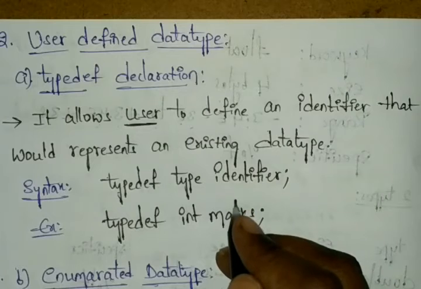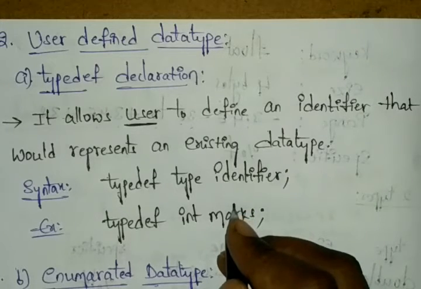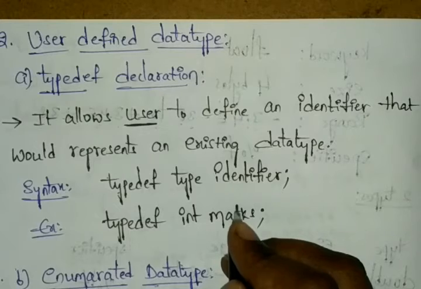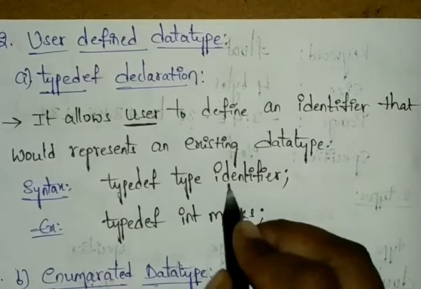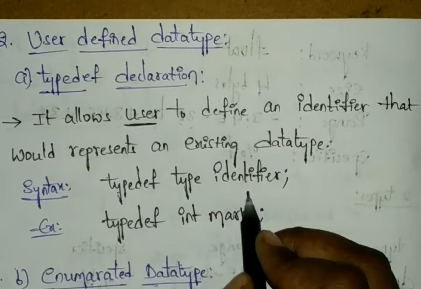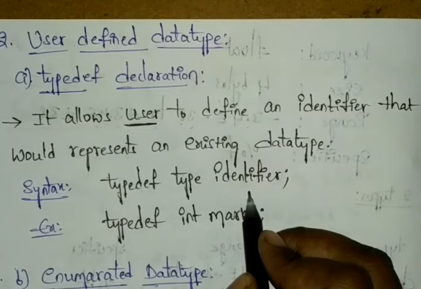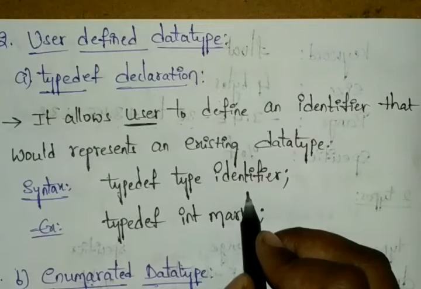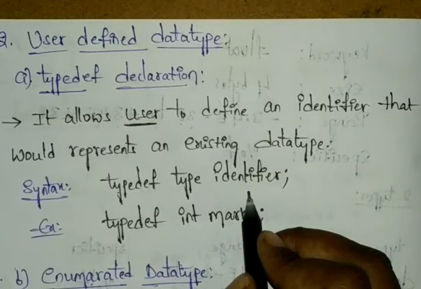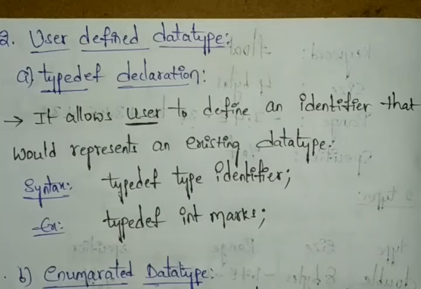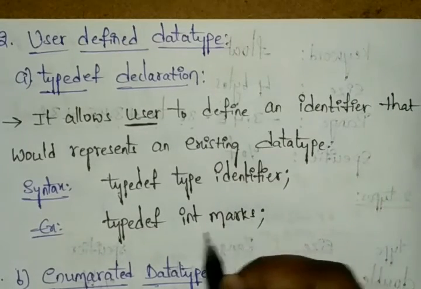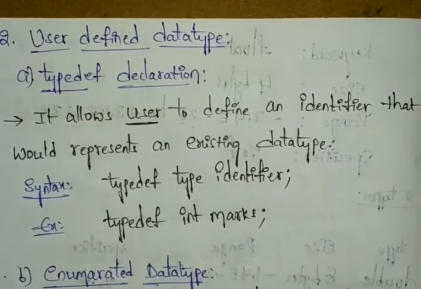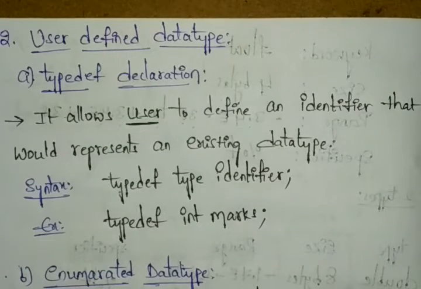And here this existing data type will have some class of type, and it also includes our user defined types at least once. And whatever new type you have, meaning this marks, or your identifier, it will have only a name but not the data type. It will have only the name but it will not have the data type, and the type definition cannot create a new type. Okay, so like this our type definition works. You can see whatever marks the student has can be defined clearly.